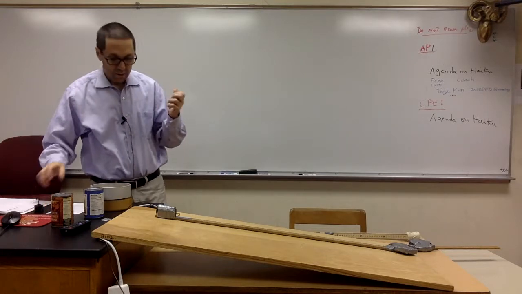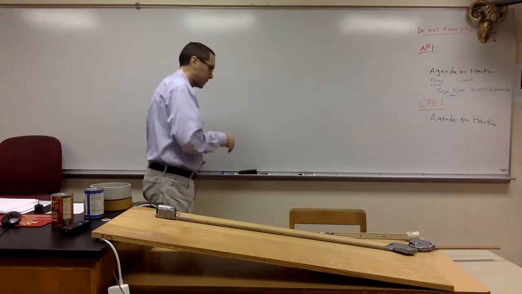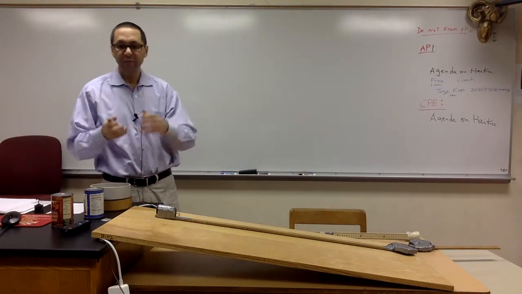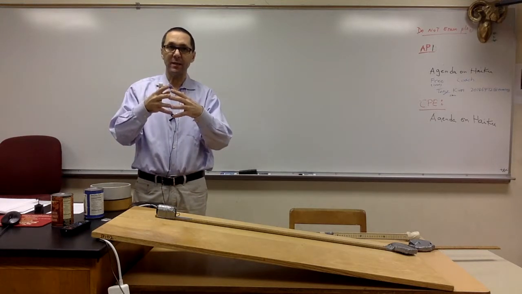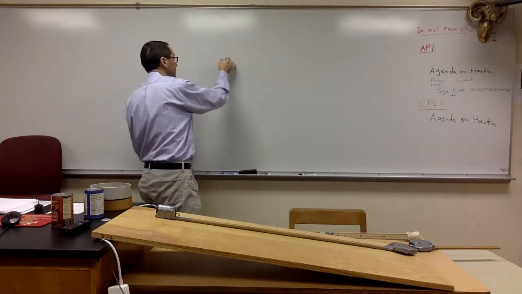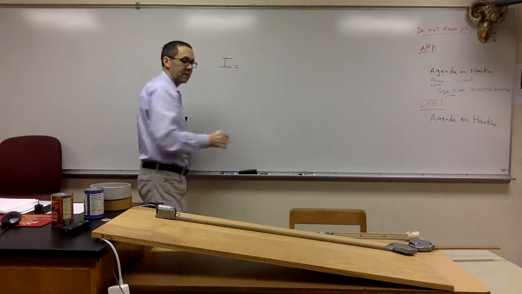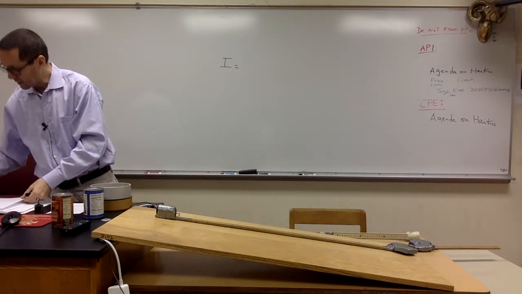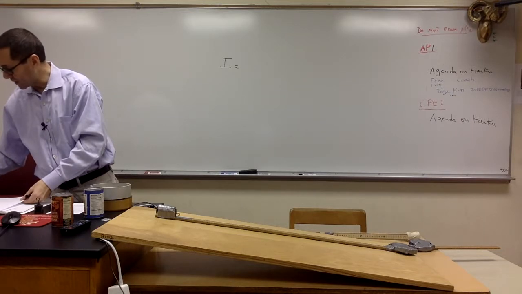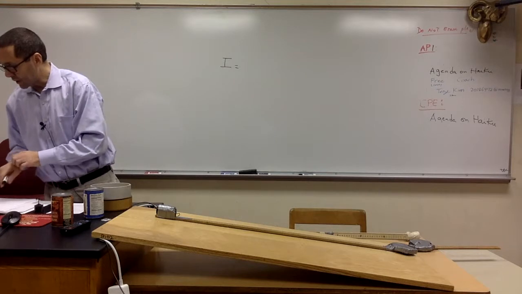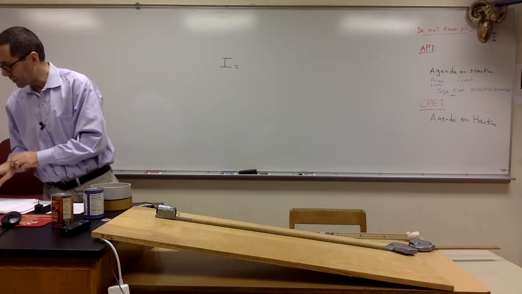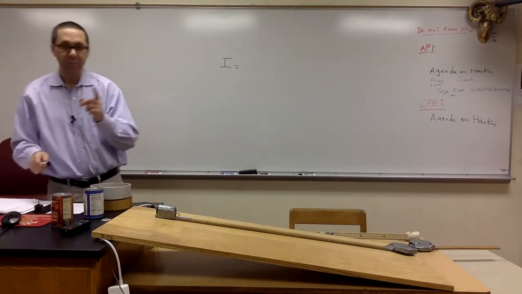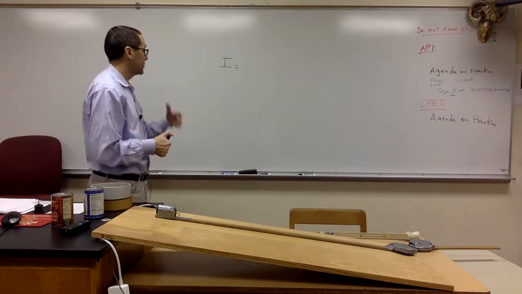Okay, so the moment of inertia, or this rotational mass, every shape has a moment of inertia, which we call I. There is a table on page 27 in your packet that gives you the I for all the shapes, and it all depends on which axis they are rotating about, and we'll look at that